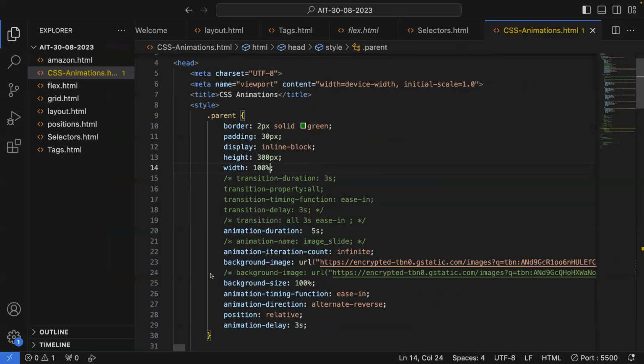Okay, just imagine I have an image like this. It is too light. That means the image is too bright. So what do I need to do? I just want to cover this image with some dark layer. In that case, how can I do that? I have to create a new element and keep it on top of it. Right. So that means, for example, just imagine